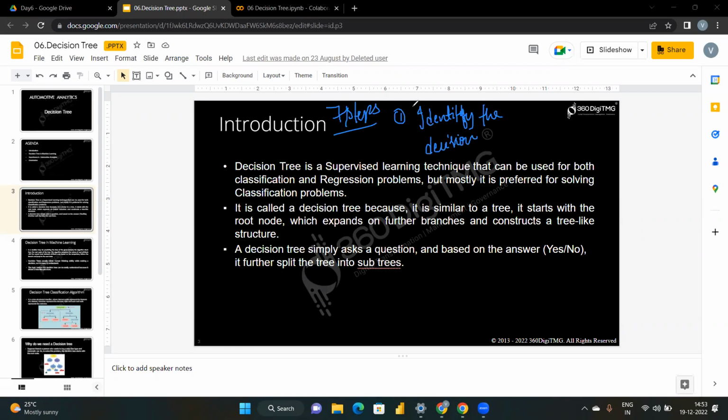Basically, identify the decision means, we are going to build a model. What type of model are we going to build? So what is our decision? We're going to identify the decision we have. And the second thing will be saying what type of data we are